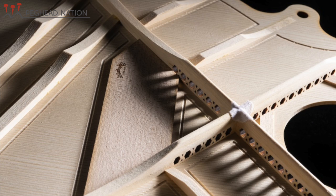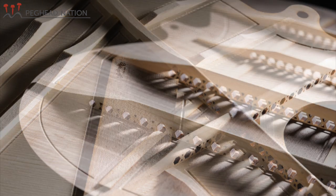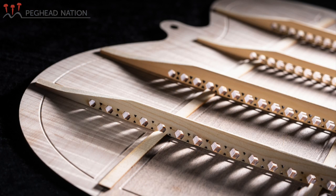And what that does is it removes weight from the braces, it changes the way they flex, and Martin also says that it affects the airflow on the inside of the guitar, which of course has an impact on how the sound comes out of the instrument and out of the sound hole and the top. So very interesting and kind of a radical modification to what's fundamentally a traditional bracing pattern, this skeletonized bracing,